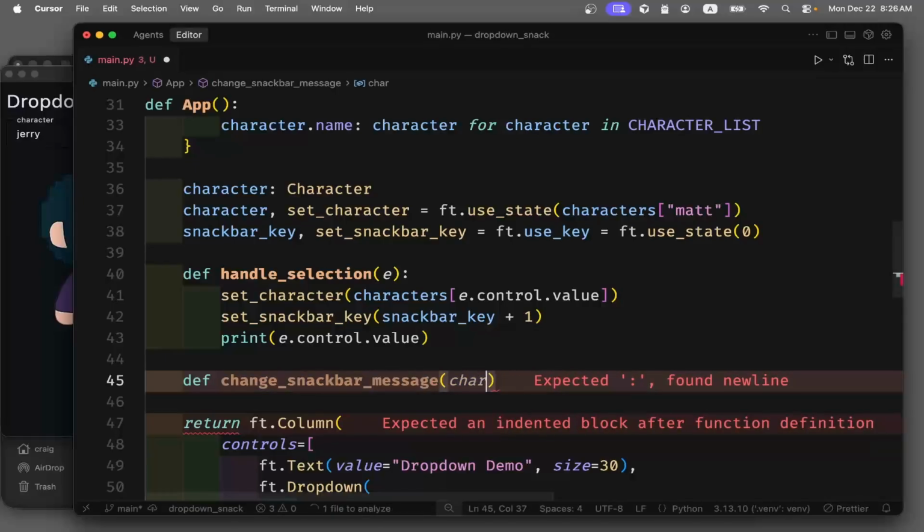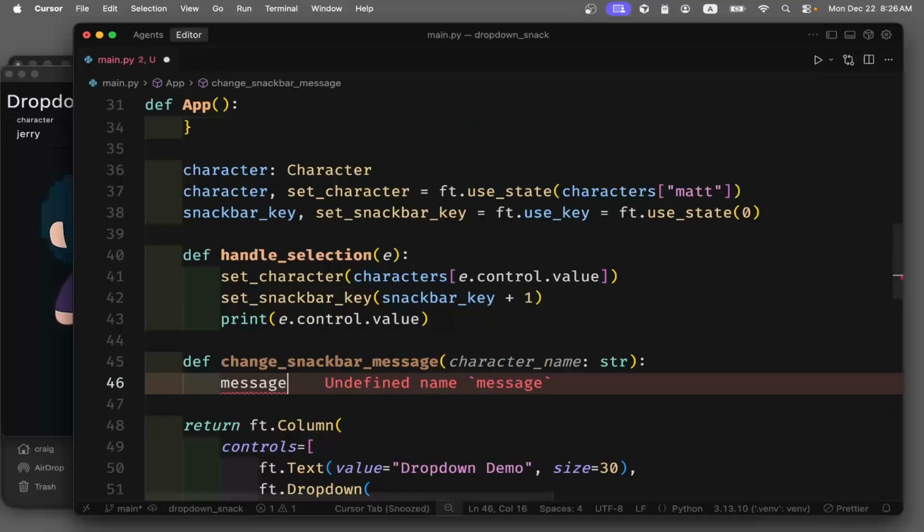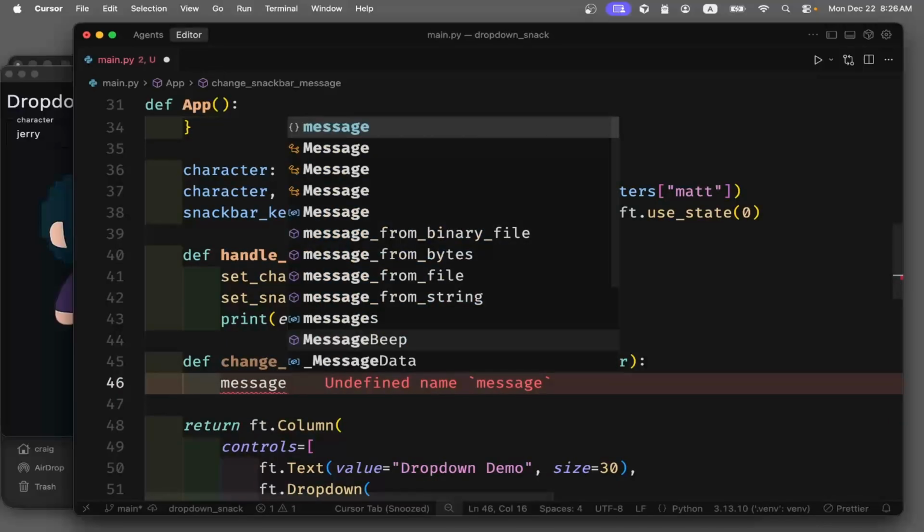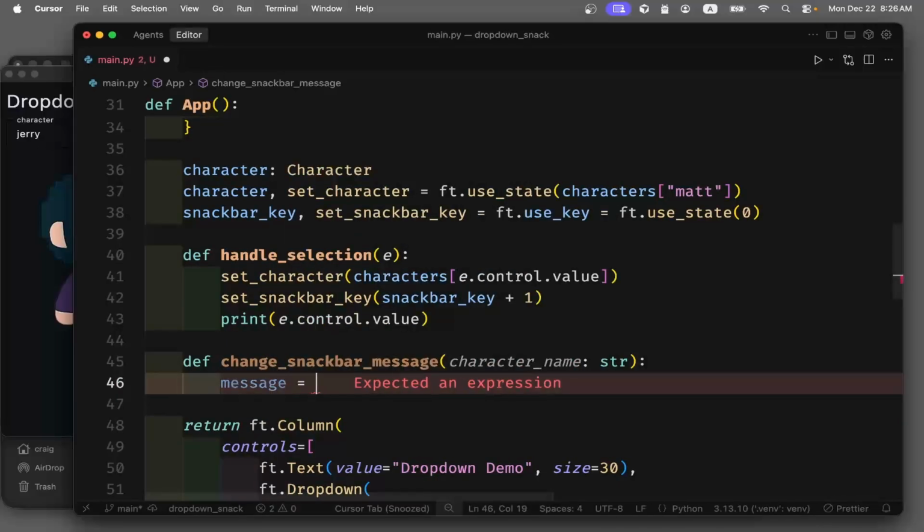And we'll have it read character name, which will be a string. And we'll set the initial message to